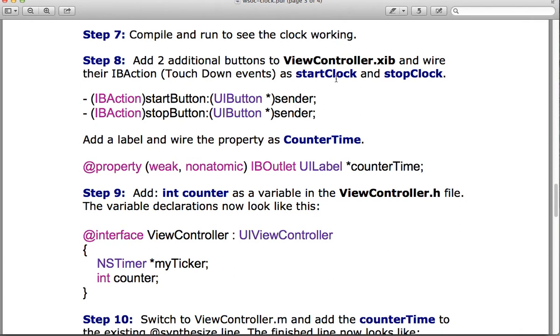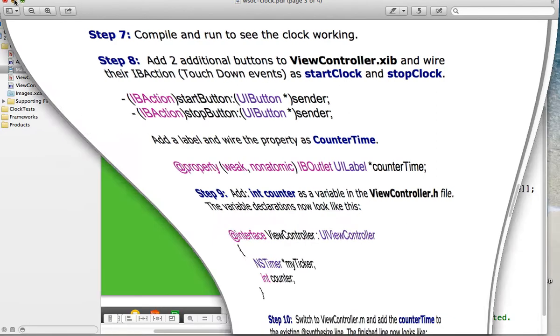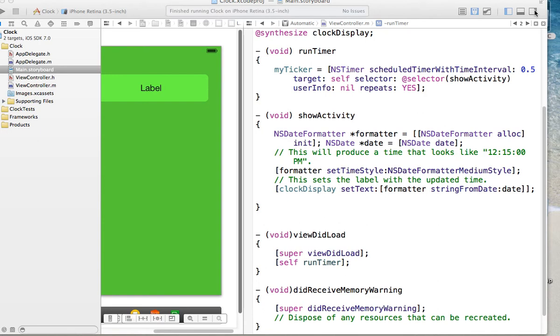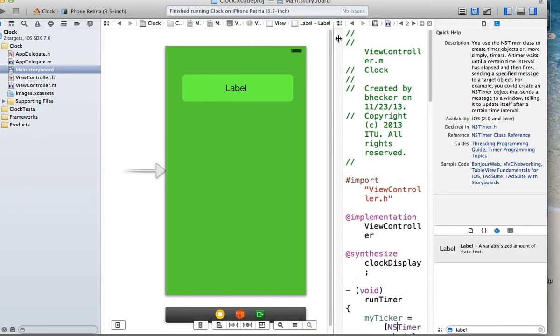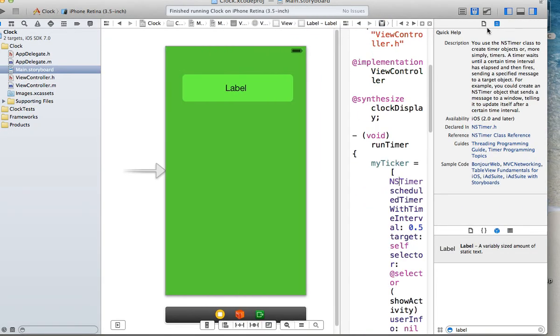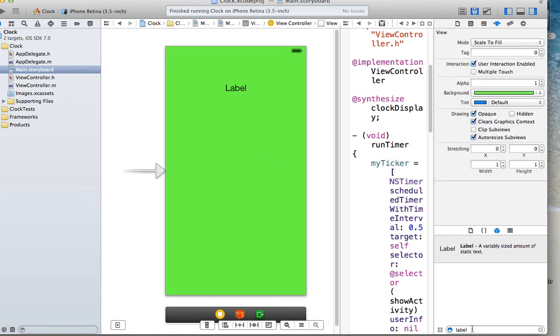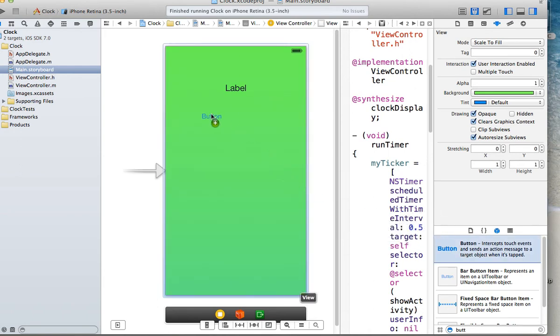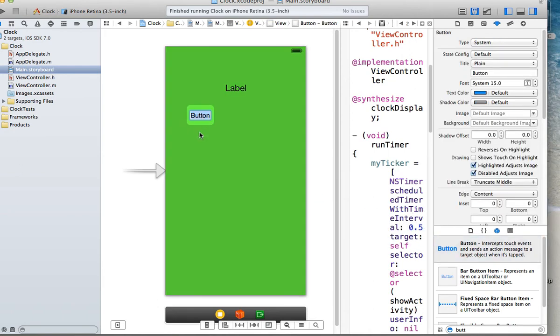Alright, so we're going to add 2 more buttons. There's going to be start clock and stop clock. So let's add a start and a stop button to our UI. Let's see what we got going on here. There we go. Put in your button. So maybe this is the start of your assignment number 6. Start,